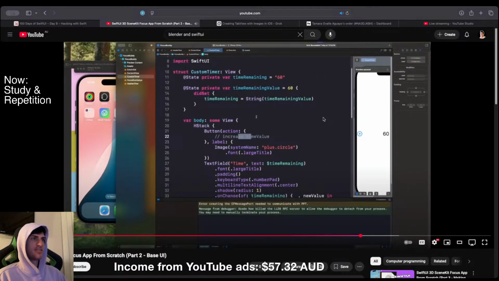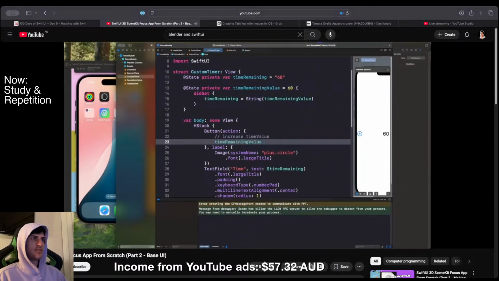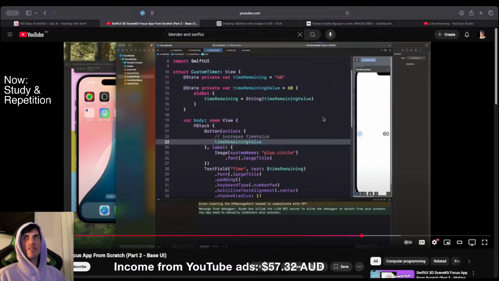And let's actually increase and decrease now. So time remaining value is